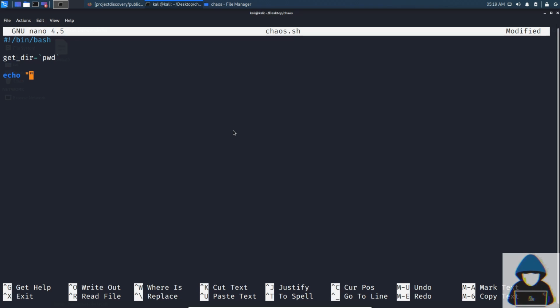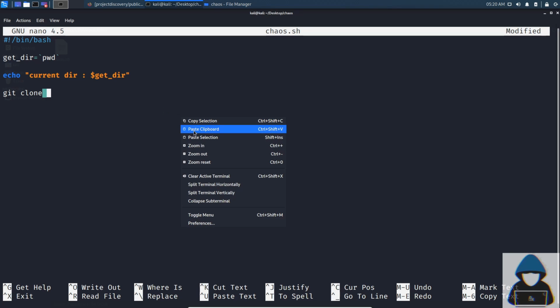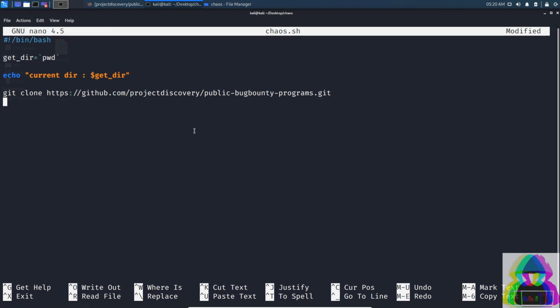Now I am going to echo the present working directory, and then I am going to git clone the chaos dataset repository. Once cloned, now I am going to move into this repository just by using the change directory command, cd.